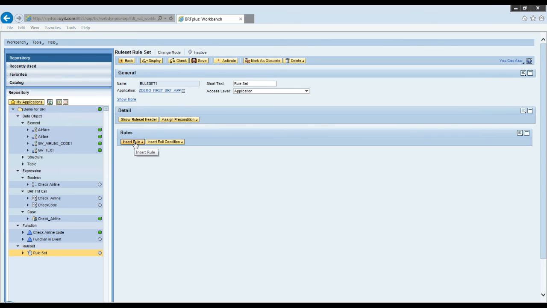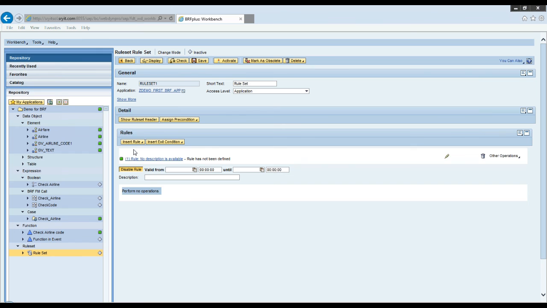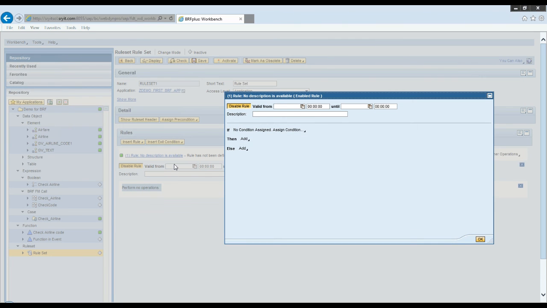Now I insert a rule inside this. Create a rule. First of all, every time you define a rule, it also has a precondition of from which date to which date this rule is valid. That is the validity period of the rule. Then you can also have a condition here for the rule.